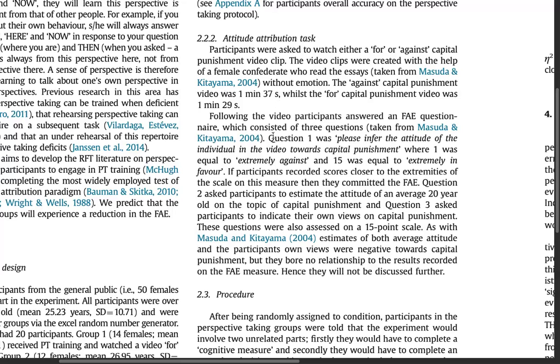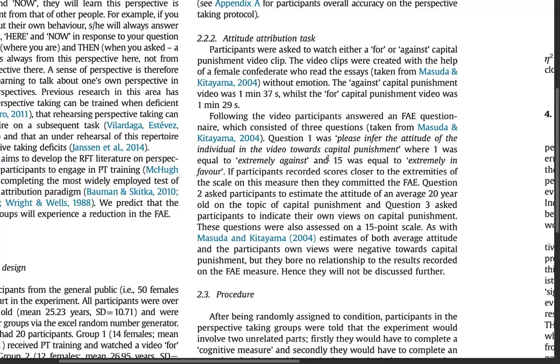And the key is that they're told that the speakers were assigned to that attitude. And then they asked them to infer the attitude of the individual in the video towards capital punishment, knowing that they were assigned that position, to see, are they going to infer an extreme